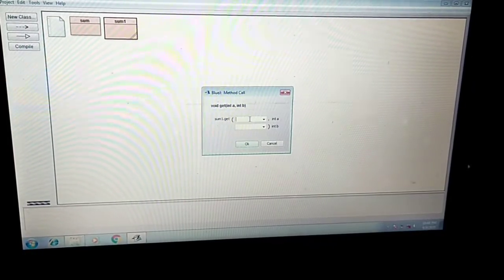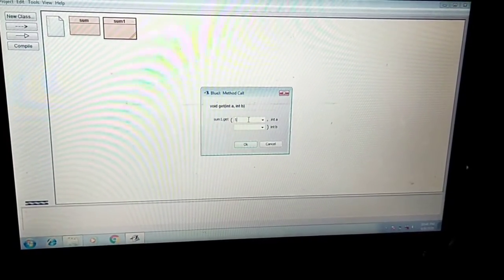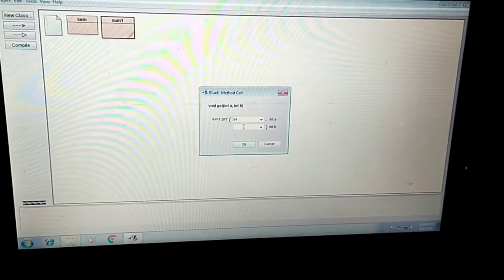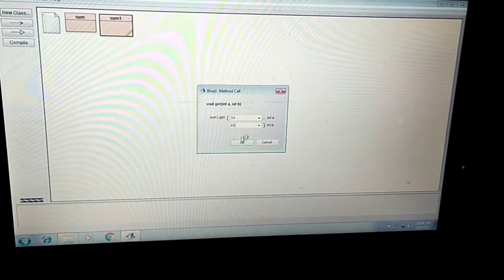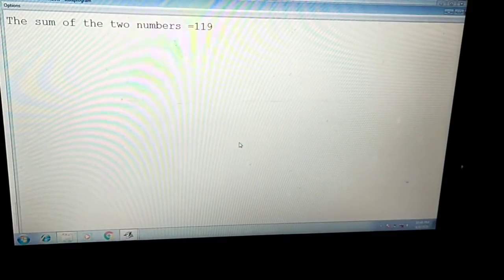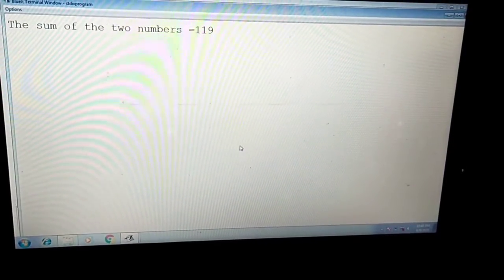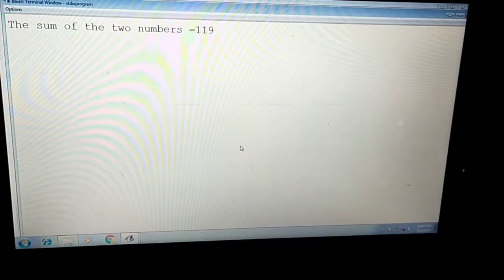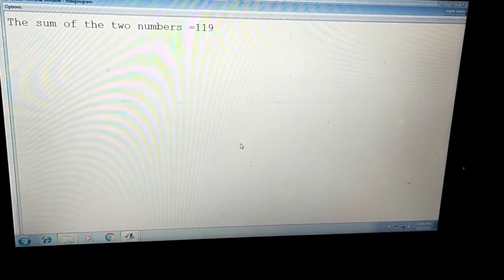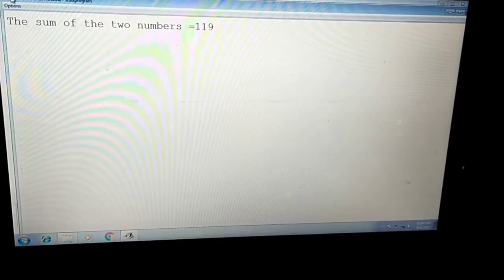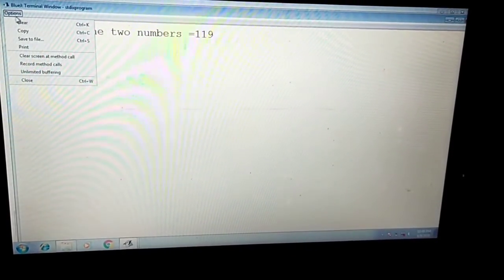I am supposed to enter two numbers. So the first number is 54 and the second number is 65. Now I will say OK, and just see, it is showing us the sum of two numbers. Is it clear? I think till this you have done in standard 8, so it is clear.